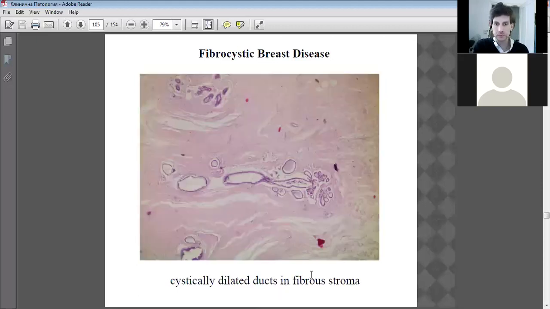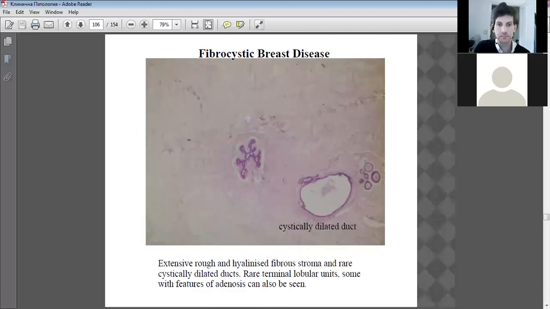Now we can see dilated ducts everywhere, dilated and abnormal shapes. So the milk production properties have totally been lost in this slide. Huge masses of hyaline fibers. No examples of necrosis yet. The extensive rough and hyalinized fibrous stroma all over the place, very rough. The ducts are massive, very, very dilated, smaller ones forming,